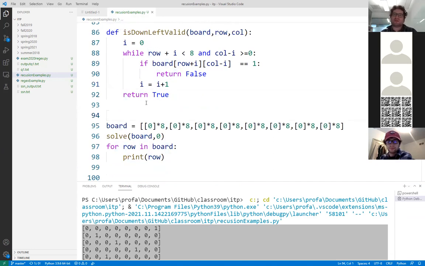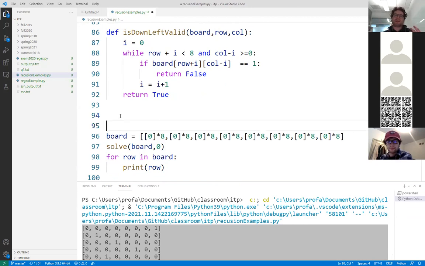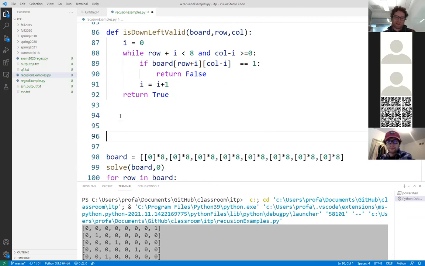Now, what's interesting is when I was talking about Sudoku the other day, and this is how I'm going to finish it up. I'm not going to be able to solve the entire Sudoku puzzle. Sudoku works in a different way, but the solve method is almost exactly the same. Def solve Sudoku. So for those of you who want to try it on your own,